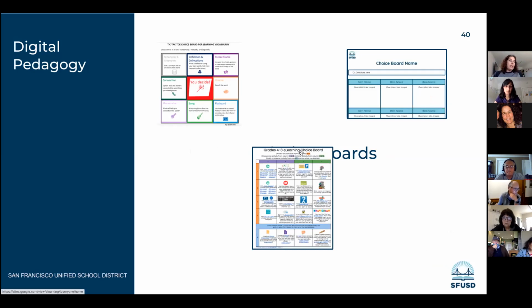And the next thing is choice boards. Sorry for the picture coming out a little messed up and not showing you the choice boards word, but choice boards are so great to use in a virtual environment. It is a way to give students that personalized touch. They get to choose how they present the content to you.